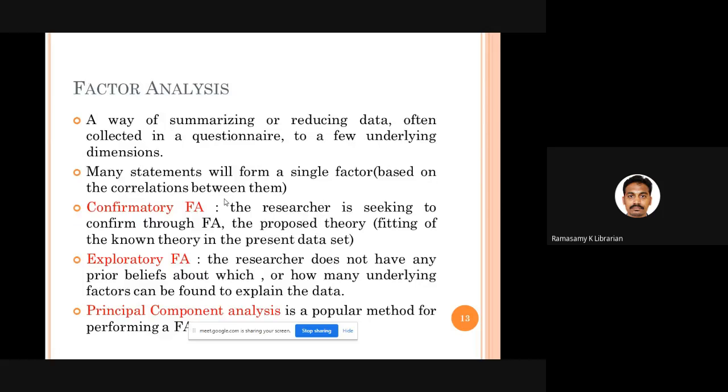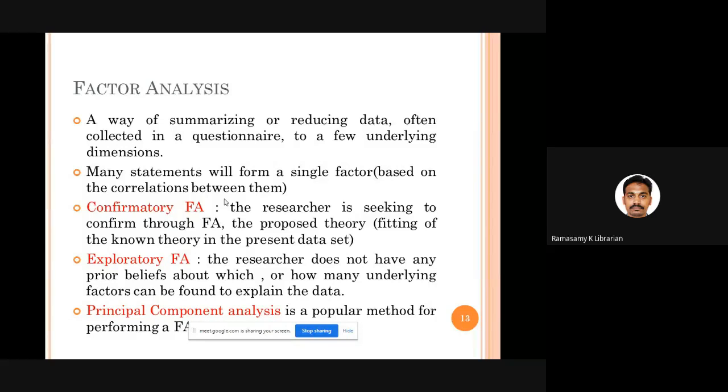Good. Then comes factor analysis. It is very simple. Factor analysis helps you to summarize, to reduce the dimensions of the data you collected. For example, you prepared some 30 or 40 statements on job satisfaction of librarians.